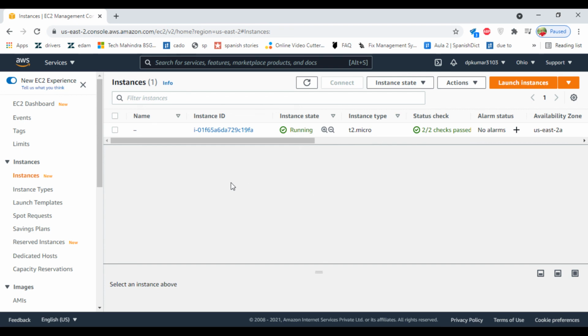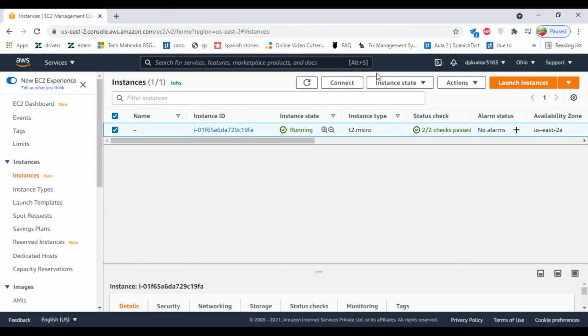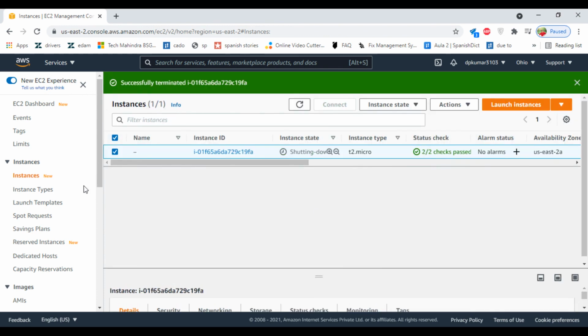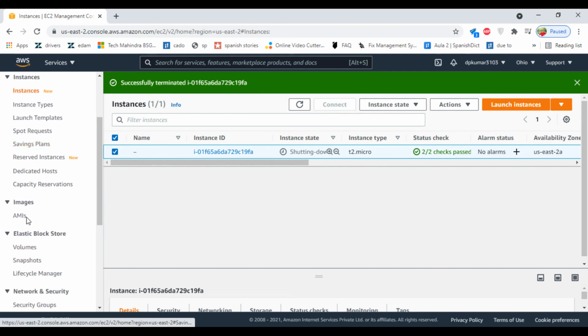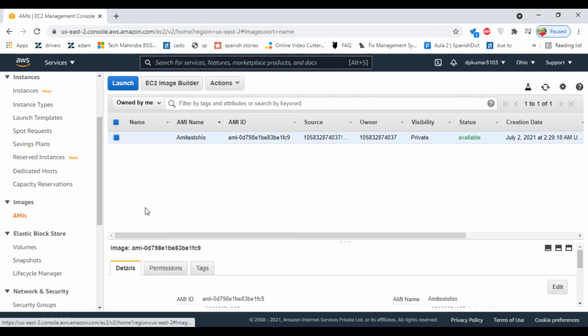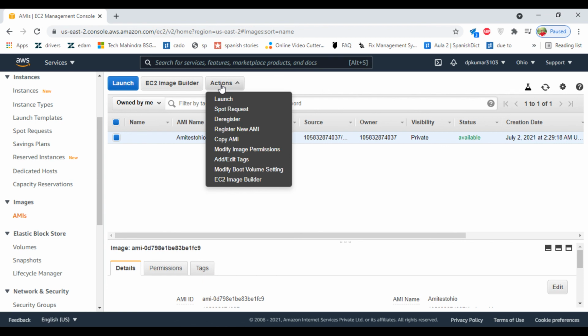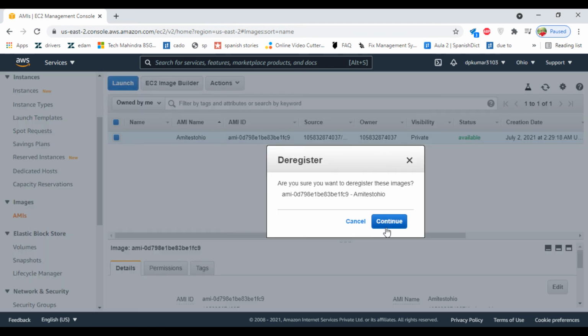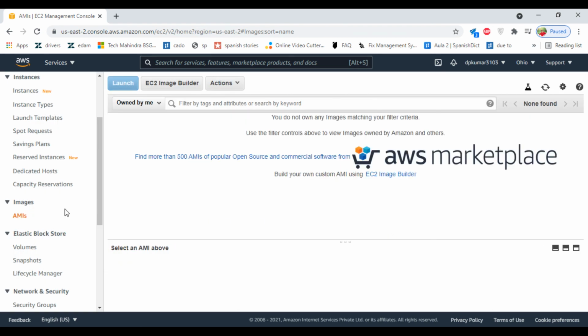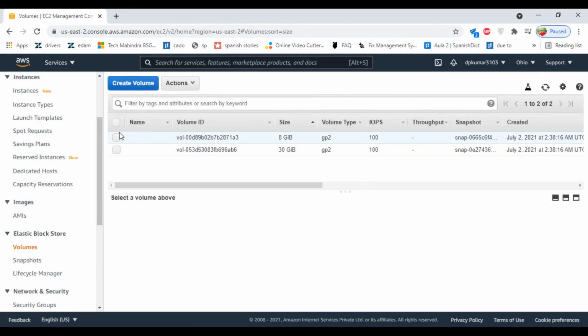So before we end the class, I would like you to show how to delete all this. Instance state, terminate the instance. Okay, go to the AMI, actions, deregister, continue, volumes.